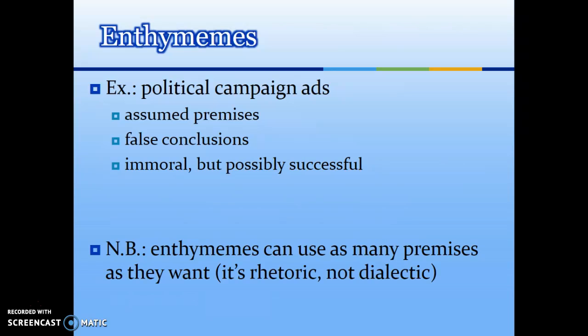But the opposition is saying, well, here's the conclusion that we have drawn, and obviously they're not stating that we have drawn this conclusion from these premises. They are just jumping straight to these conclusions, and whether they're false or not, there's certainly an emotional element, and it certainly can be immoral, but successful. Obviously, we are wanting you to avoid that sort of appeal with your use of enthymemes. You want your conclusions to be true, and even if you leave assumed premises for your audience, you want them to really think correctly about the world and not be as misleading as sometimes political campaign ads can be, right?